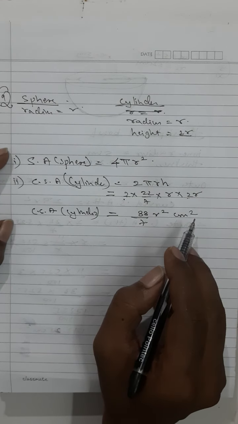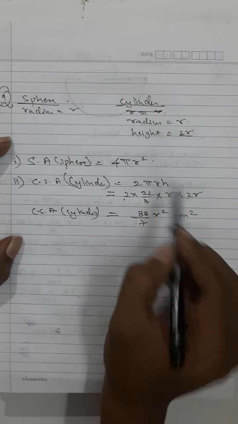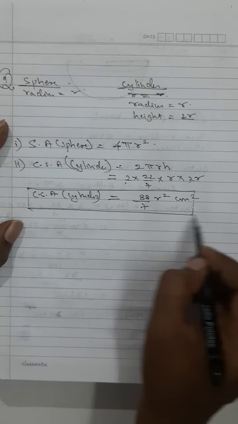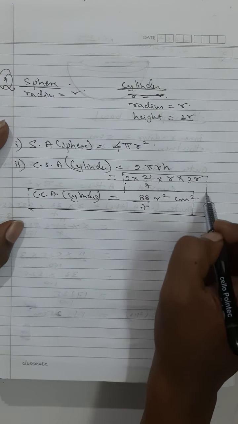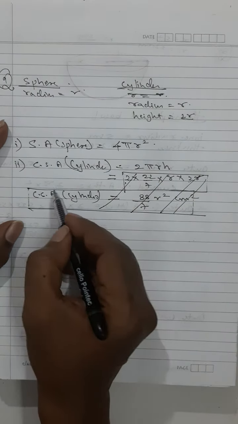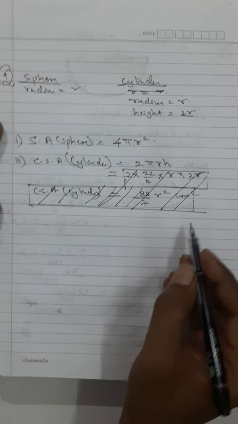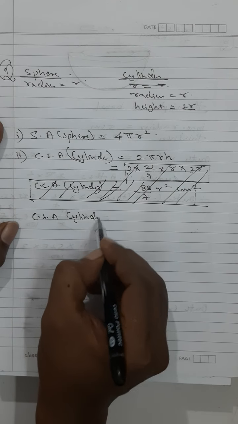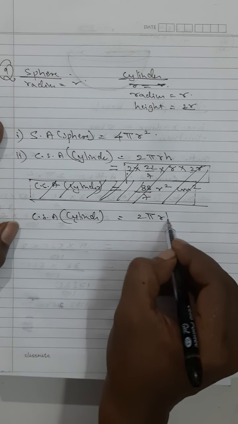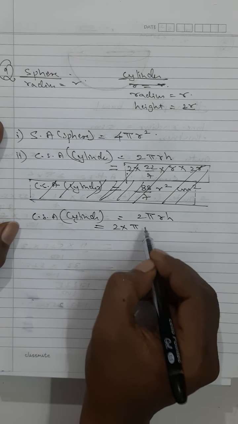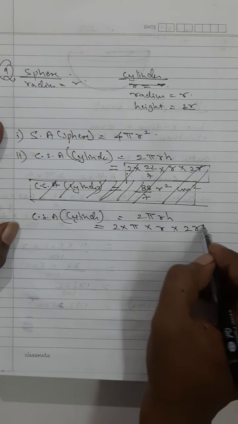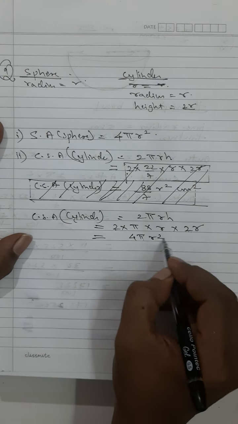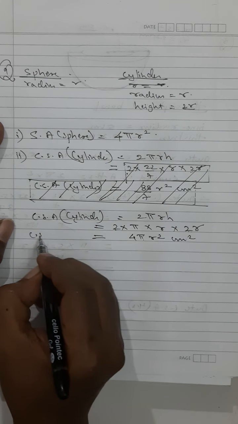We will do one thing, my dear students. We will write the answer in the form of pi. We will not substitute the value of pi. That is the only thing that is worrying, because the next question is actually to find the ratios. The formula for curved surface area of cylinder is equal to 2 pi r h. 2 into pi, r is r, but h is 2r. This will make 2 2s are 4 pi r square centimeter square.